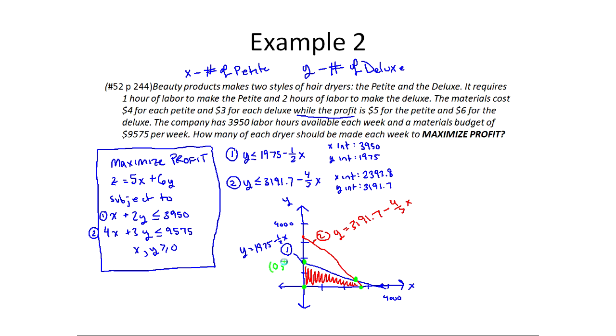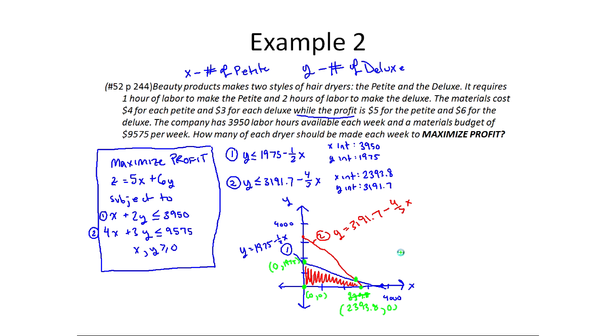0, 1975. This point right here, easy, 0, 0. Probably won't maximize profit to make nothing, so I can probably ignore that one overall. This point out here, this is the x-intercept of line 2. And so this would be 2393.8, 0. And so the only one we got to find is this one right here, and we can actually find